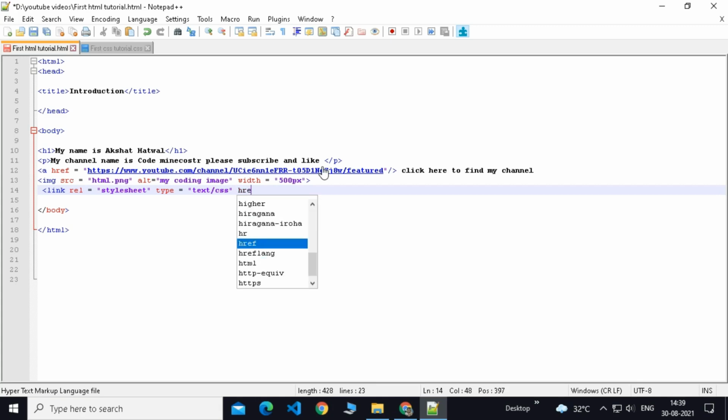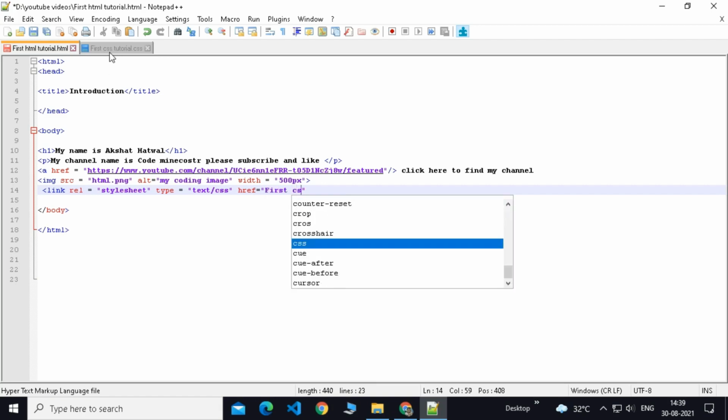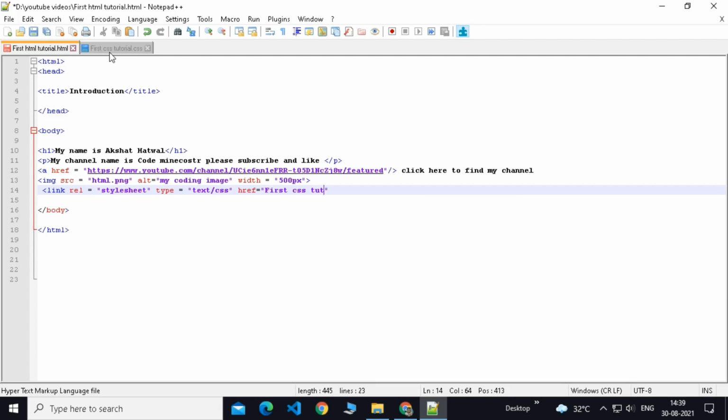Then we will type href is equal to, and inside that we will type the name of the file, which is first. Remember to type the correct name. If you mess up the name, then it will not work as expected. Tutorial. Now we have typed the name, but something is still missing, and that is the .css.